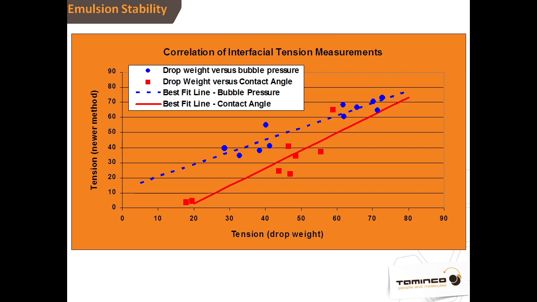So we had a pretty good correlation line between drop weight measurements and bubble pressure, and then we did that same correlation with drop weight measurements versus the new contact angle method. Now, in the case of the contact angle method, we did see a few deviations from the line, but that's characteristic for measuring liquid-liquid interfacial tensions. There are a number of experimental subtleties, and to really do it carefully, you would use a full drop shape analysis. But we collected some initial data this way,